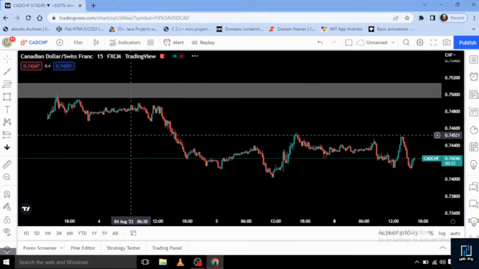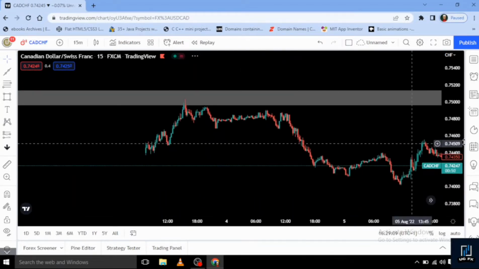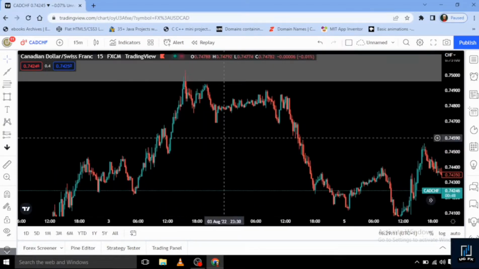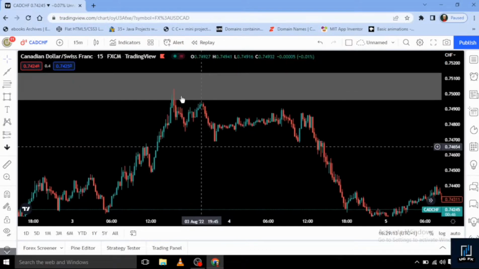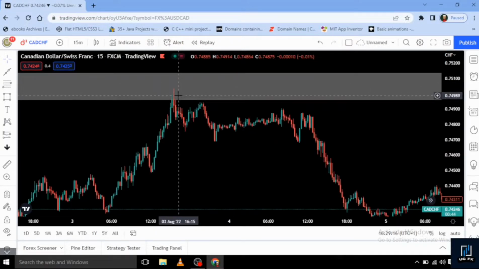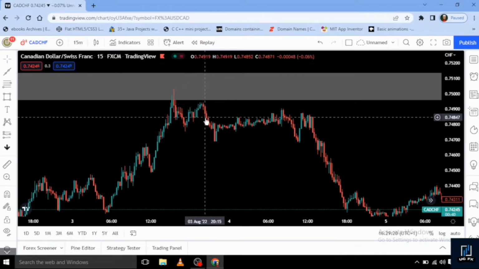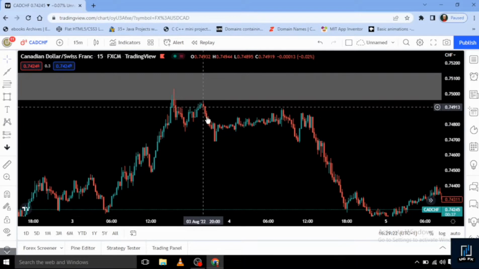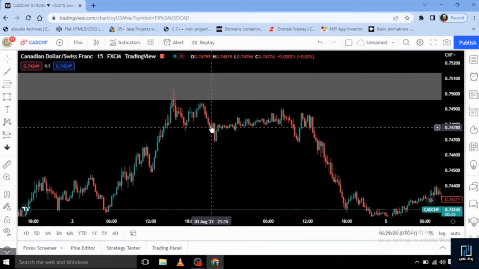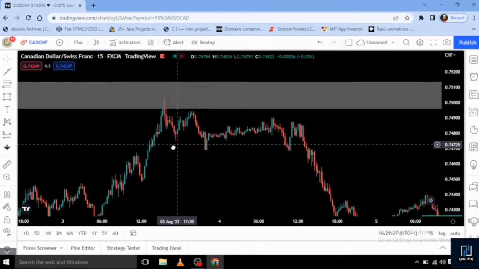So here on the 15 minutes time frame, after a tap of price into this order block, the market actually ended for the day in this area. So basically, our Asian session starts